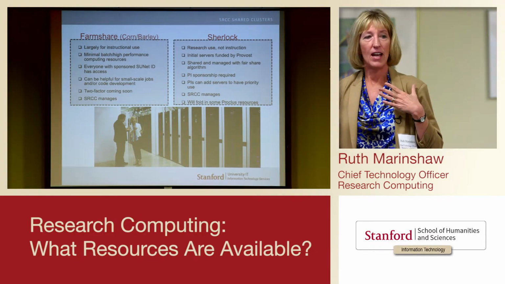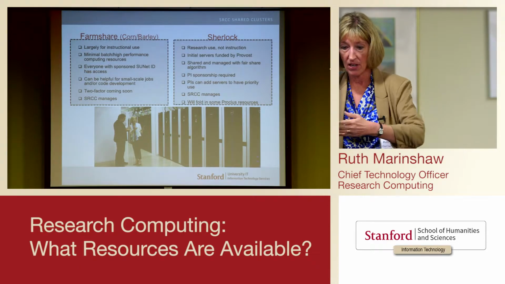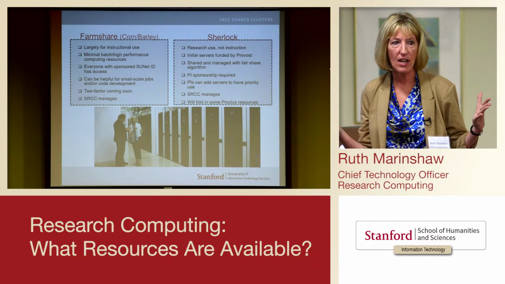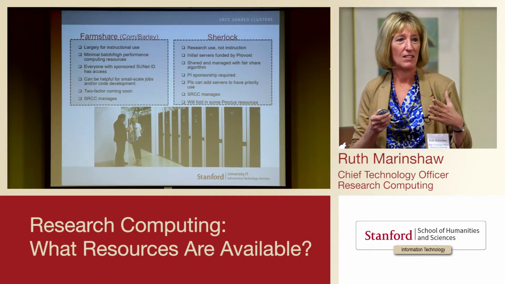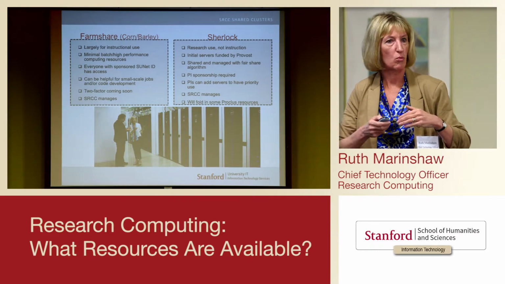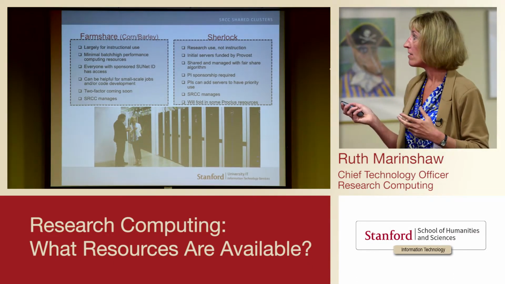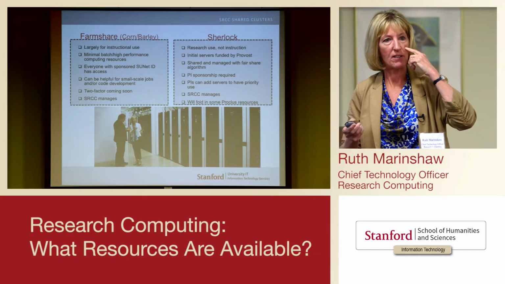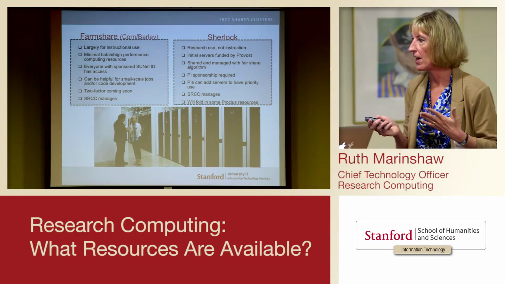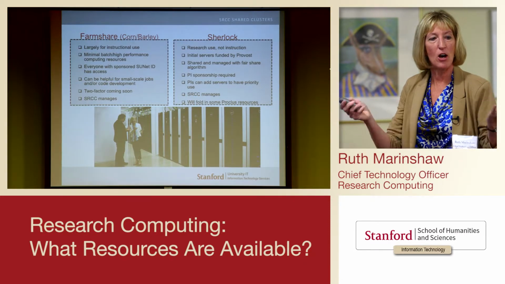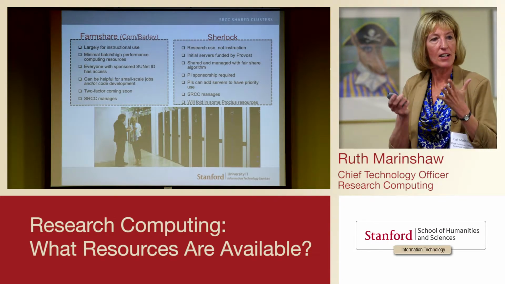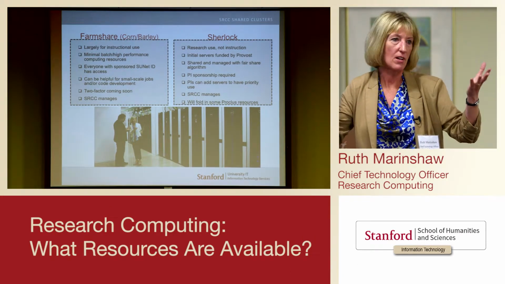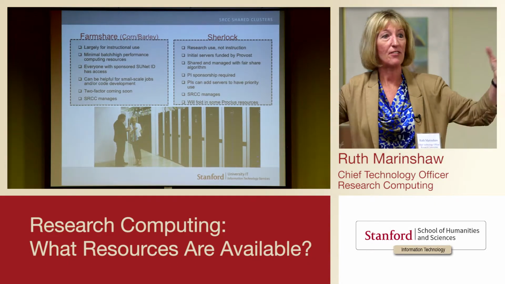Sherlock had, at its inception a year ago, and this is on your little cheat sheet, about 127 servers. That's a lot of servers, considering the capabilities of these servers. 16 cores, high-powered servers with great networking and storage and really fast. The provost funded those, but he did so for research, not for, wow, Ruth wonders what might happen if she tries this. That's interesting, but he doesn't need to pay for that. And it's really to provide a base environment where any research can start out. But that 127 servers, and we've got how many faculty here? A couple thousand, not all of whom use computers in this way, and their graduate teams.